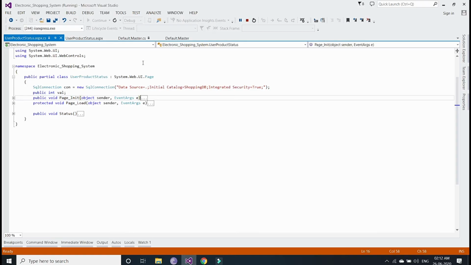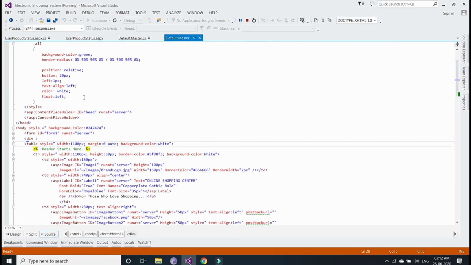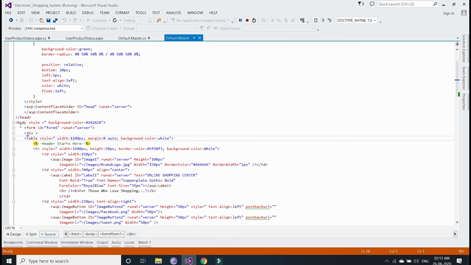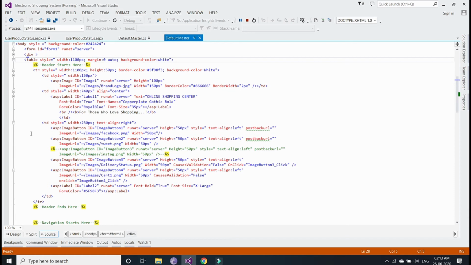First of all, go to our default.master page. Here it's starting after the body tag, within this table tag. Here you can see in this table data, the first image button is for Facebook, the second image button for Twitter, and the third image button was for the Instagram icon.